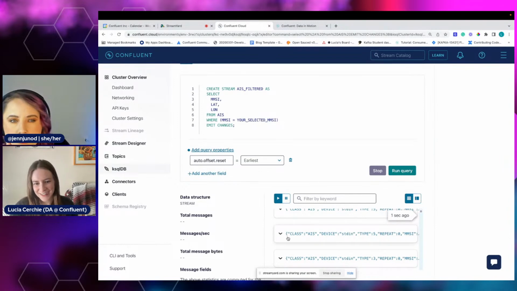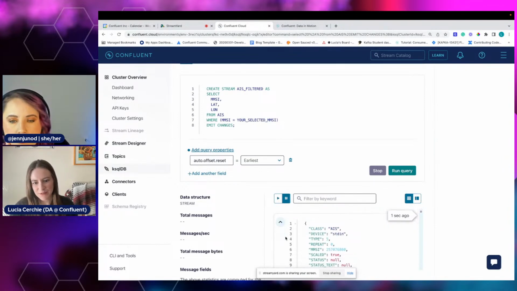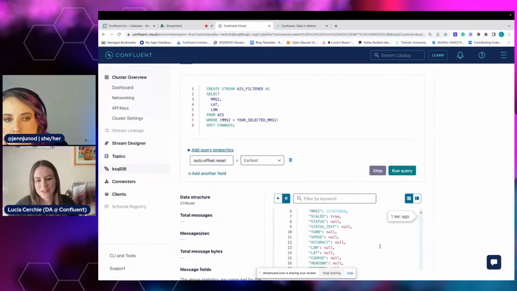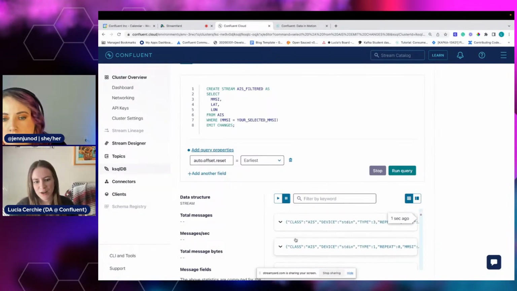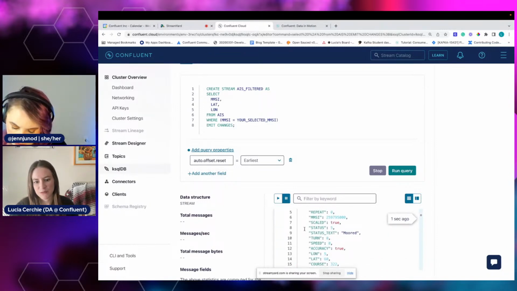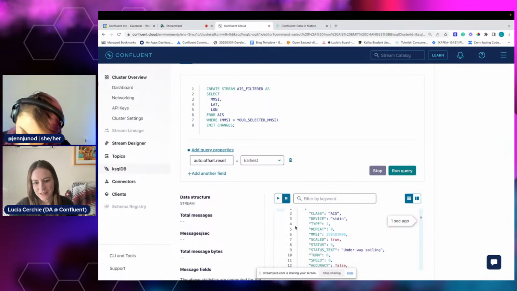And so we want to see one that comes up more than once, just to make sure that we can have a flow. Because if it's a boat that's stopped and only sent out one piece of data, we don't want to try to make a stream based on that. So 259, I'm just going to scroll through these really quick and then pick one. 258.